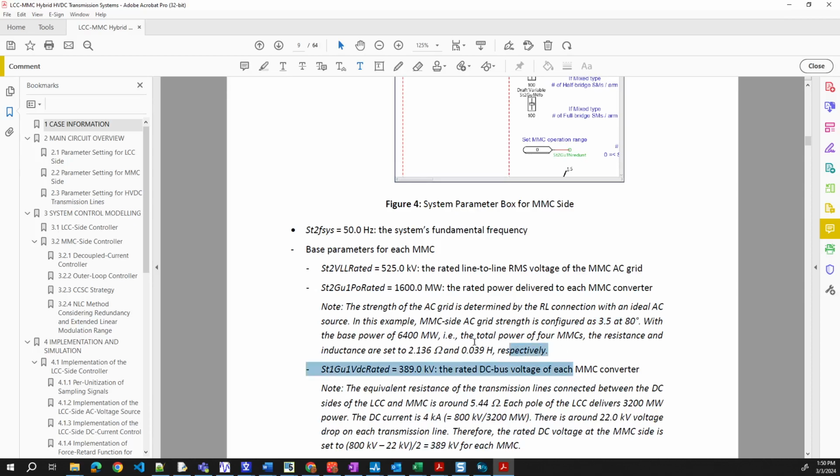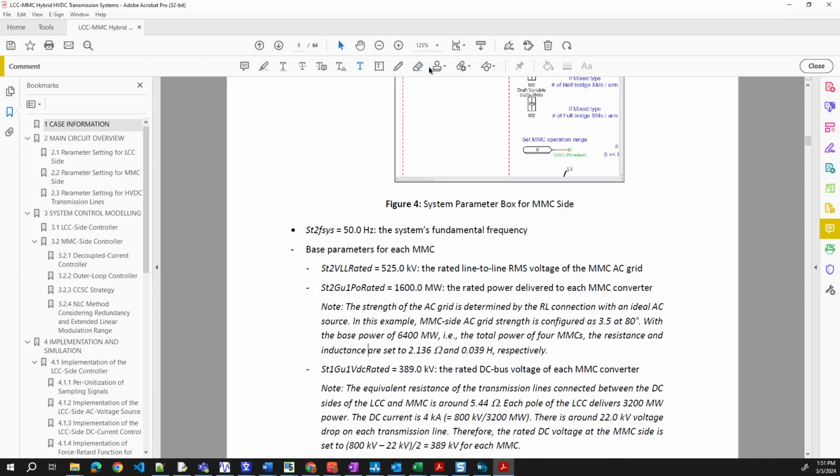Okay, this is good. Later on we can back calculate whether it makes sense or not, right? Because we have our own Excel sheets to calculate the system strengths. We can use those Excel sheets to verify whether this is correct or not.